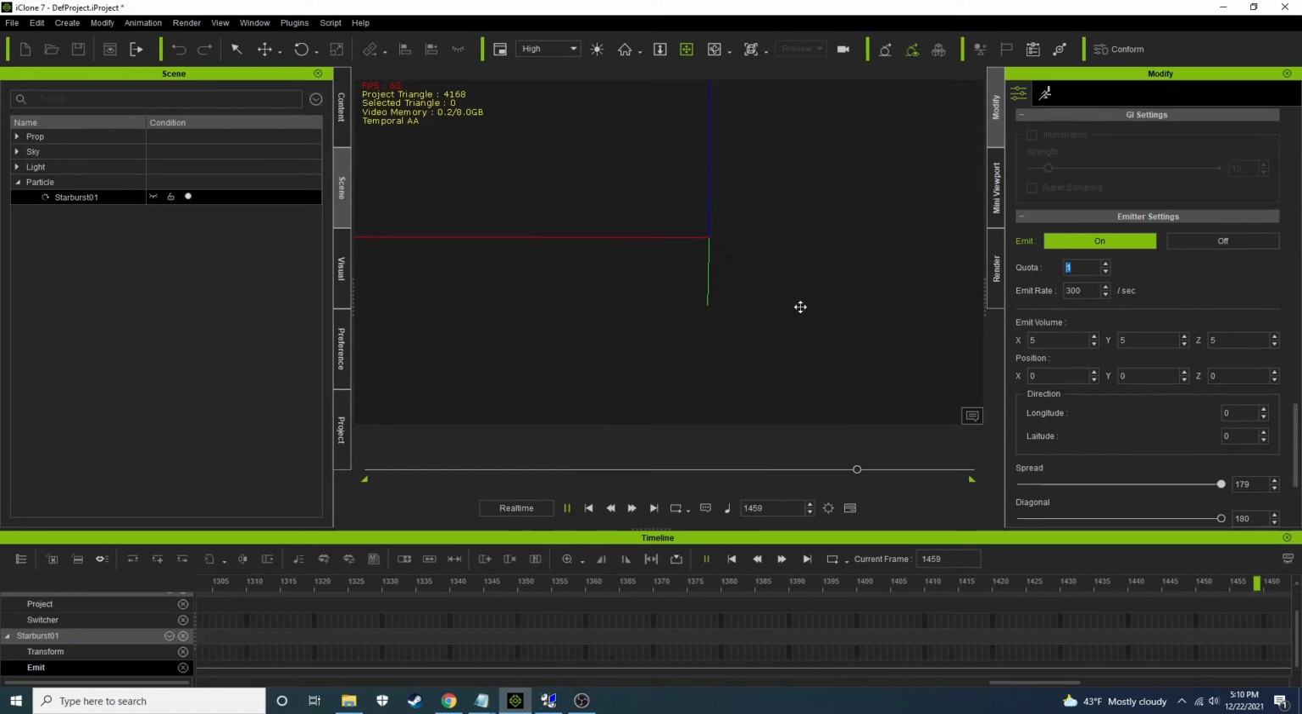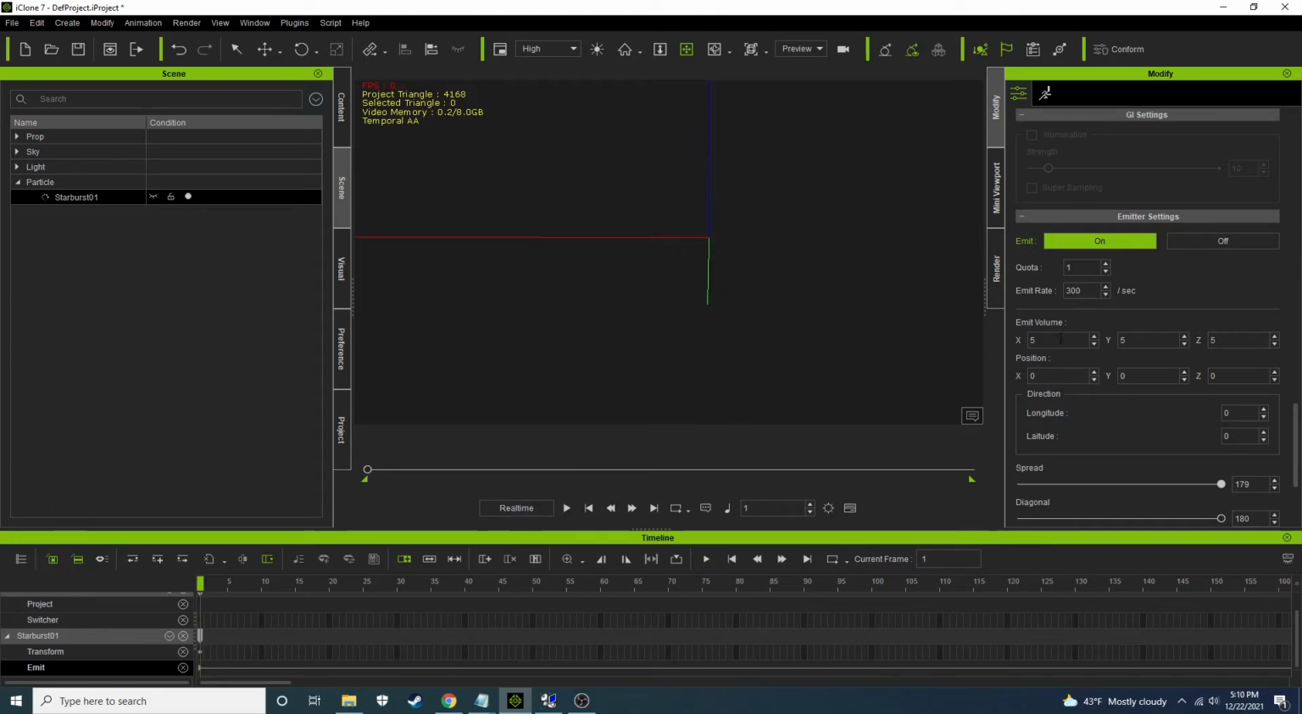Okay, keeping it at 1. Now it's jumping around a lot, right? Why is it jumping around? Even within, it's a small area, but it's still jumping around. It's weird. How could I make it so it stays in one place? Okay, the emit volume is the reason that it's doing that. It's emitting from a volume that's 5 wide, 5 on the X, 5 on the Y, and 5 on the Z. If we expand that out a little bit, 50, 50, and 50,